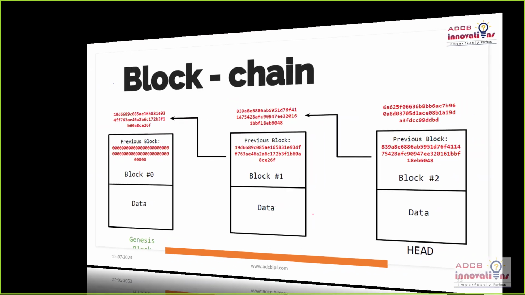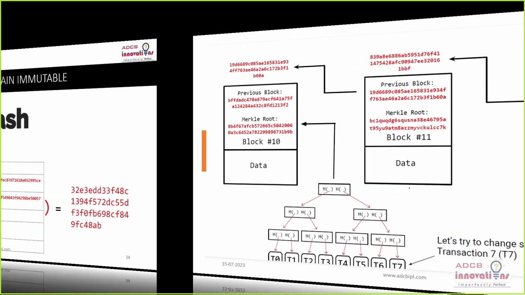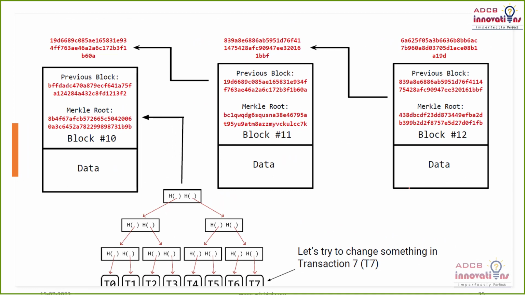So this is how a blockchain is formed. You see, this is how the hash is created. I have already shown that. I guess this slide is repeated. Now let's see if someone tries to make changes, in the form of a Merkle root tree, how it actually happens. We can see that in a Merkle root, all the transactions are stored in a block in